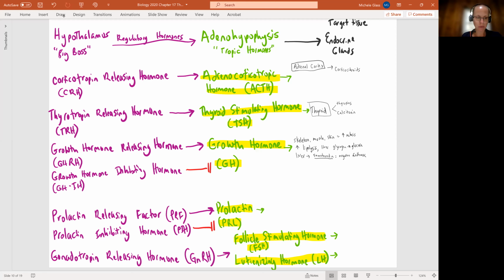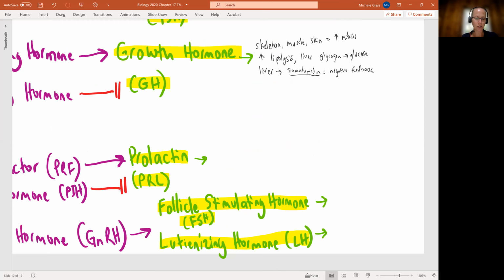Prolactin itself is going to be targeting our mammary tissue, so mammary glands. And here we're going to see that the prolactin is just going to stimulate milk production. We do see this is another example of a negative feedback mechanism, because as we increase our amount of prolactin,